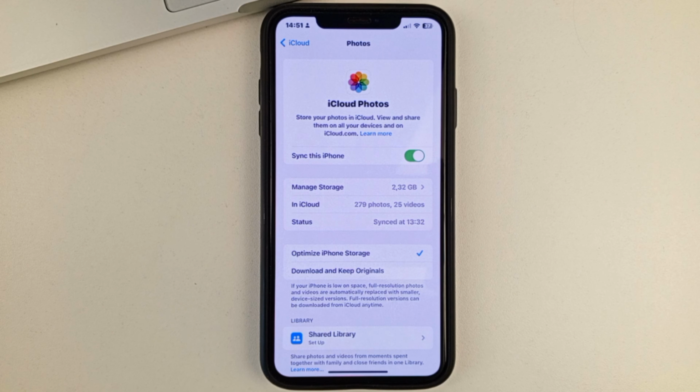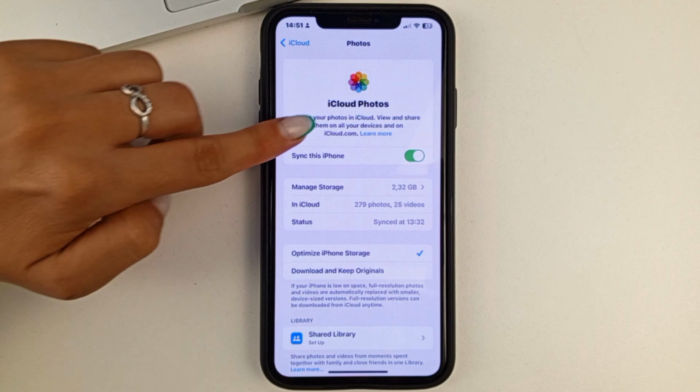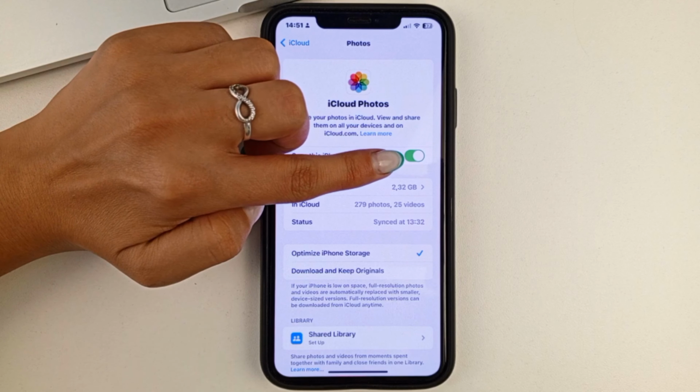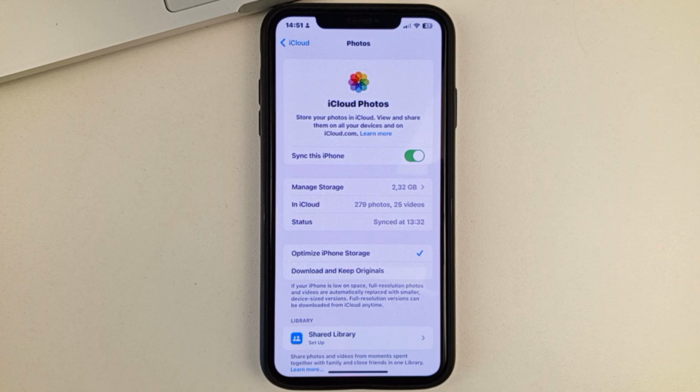And now, in order for you to recover your photos from the cloud, the storage on iCloud, you will need to click on this feature and enable this button. So friends, you will immediately enable the synchronization between your iCloud cloud as well as your iPhone device. After that, all your photos that are stored in your iCloud cloud will be immediately moved to your iPhone as well. In this way, you will be able to recover all your photos.